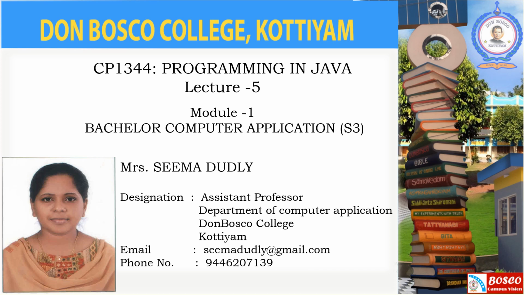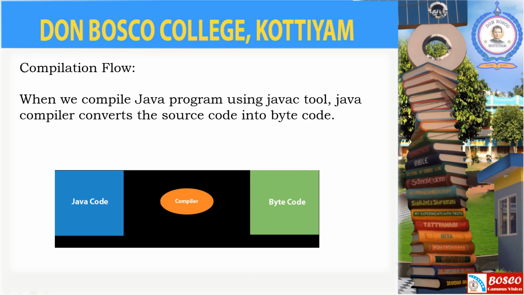In this video, we will be discussing the different terms, that is the JDK file, JRE and JVM files. For all the programming languages, there will be a compiler or an interpreter. In Java, we will be writing the source code, and the compiler will be converting the source code into bytecode. We use the command javac to compile the program, and the command java to execute the program.